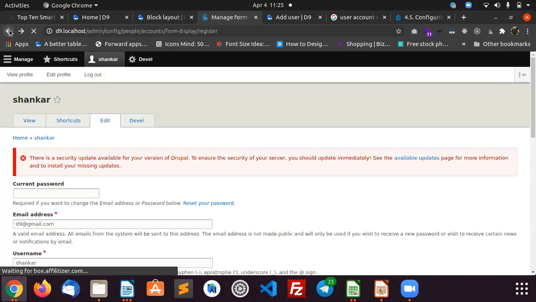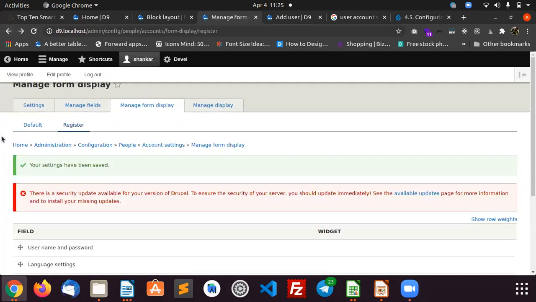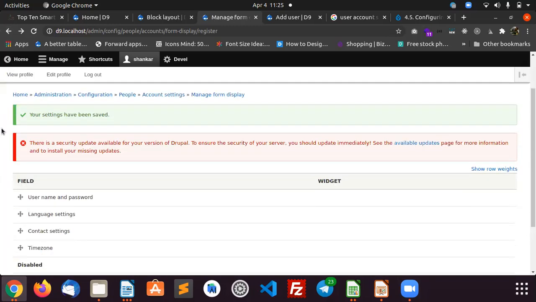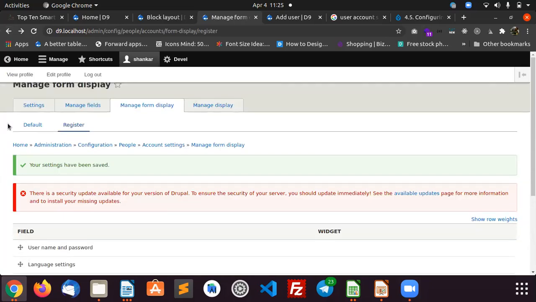Whenever we have a requirement, we can do it using these display modes: the default display mode and the registered display mode. If you want, you can create another display mode through our coding part. That display mode will also come over here. You can configure it like that. Then we move on.